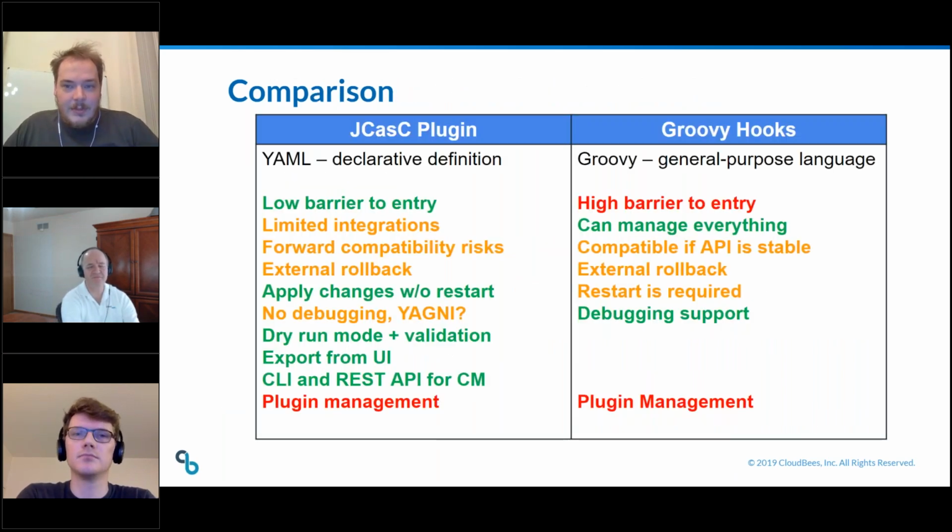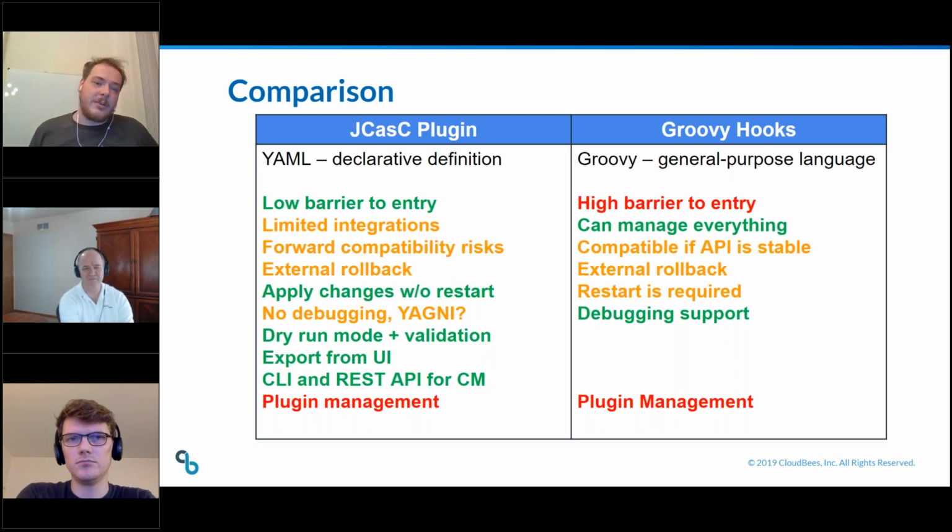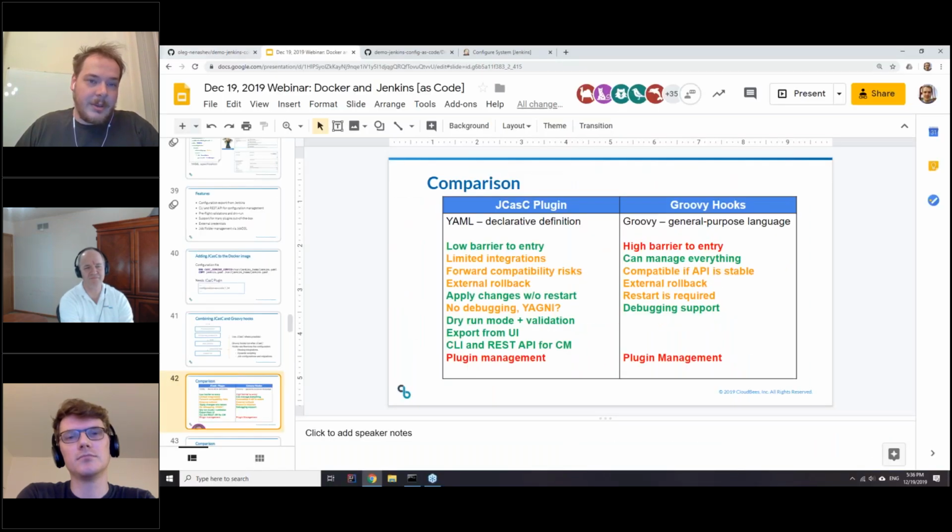Regarding features, basically Groovy hooks is a Swiss knife for Jenkins. You can do everything there, but it's extremely complicated and extremely difficult to manage a system with it. And JCasC is a user-friendly feature. So that's why, when Mark was talking about complexity, my recommendation is to go to the JCasC plugin where you can. And it's really simple. So I can probably just show a quick demo here